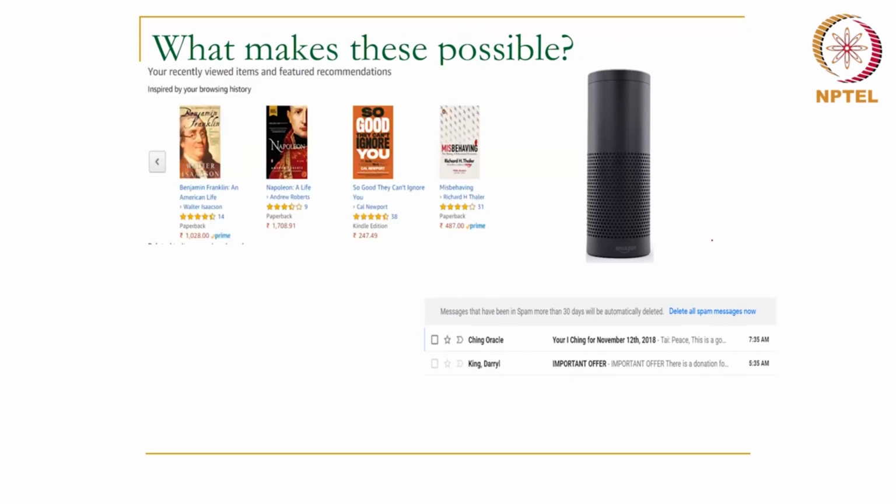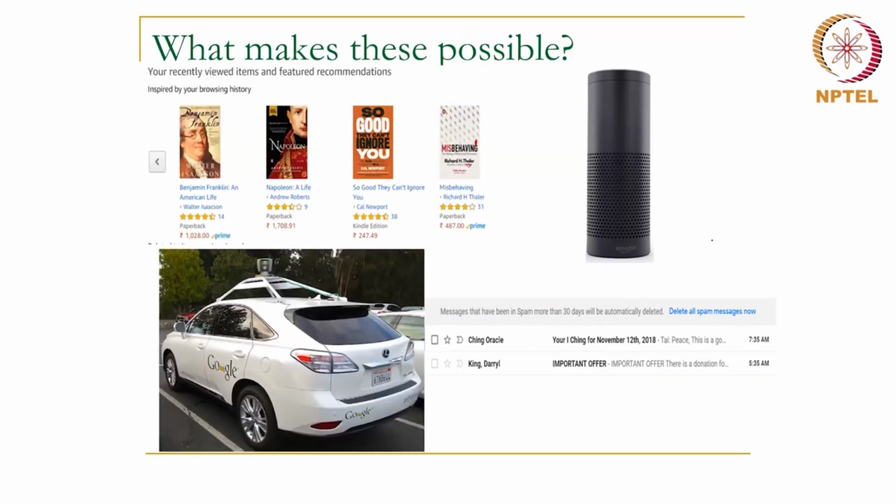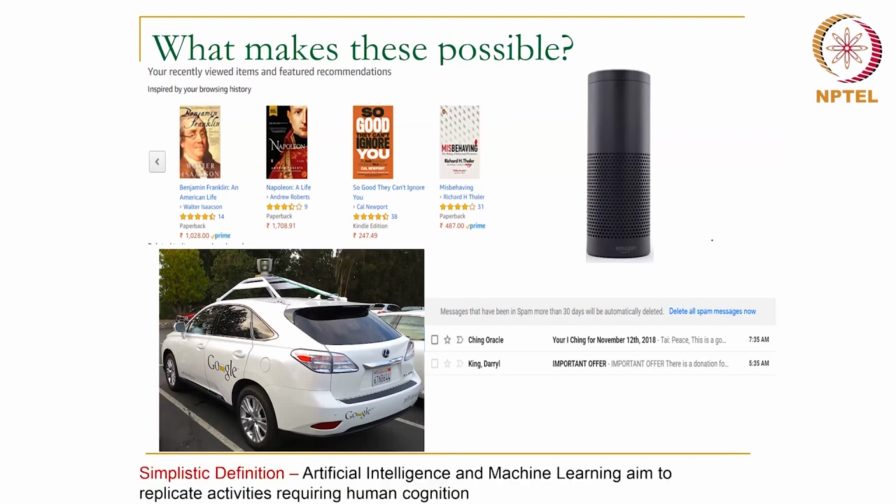Then we have Amazon's recommendation engine. We used to have, I do not know whether Google still uses this, the Nexus, which is a self-driving car. Of course, Tesla is very famous. It's a self-driving car. So the general simplistic definition, which is what I'll be using within this course, is AI